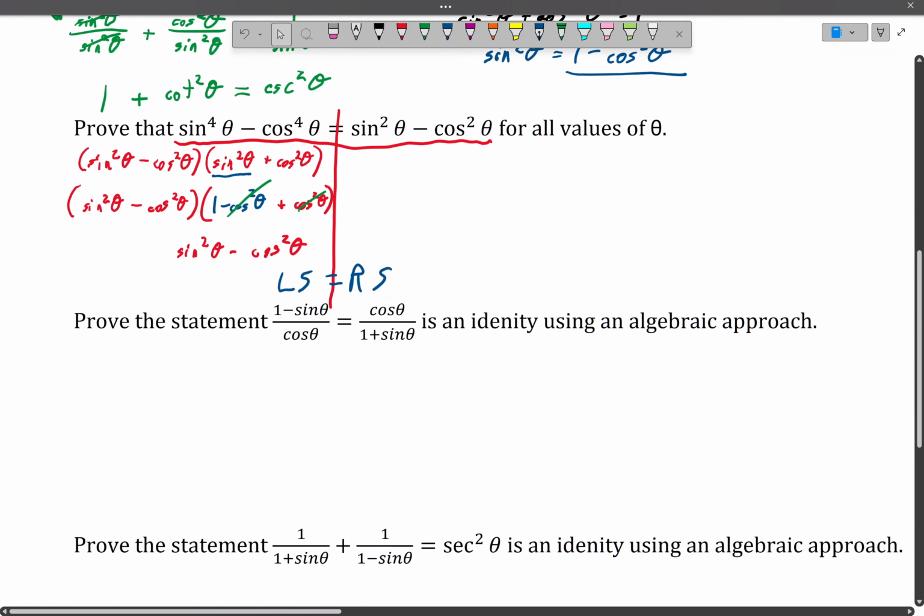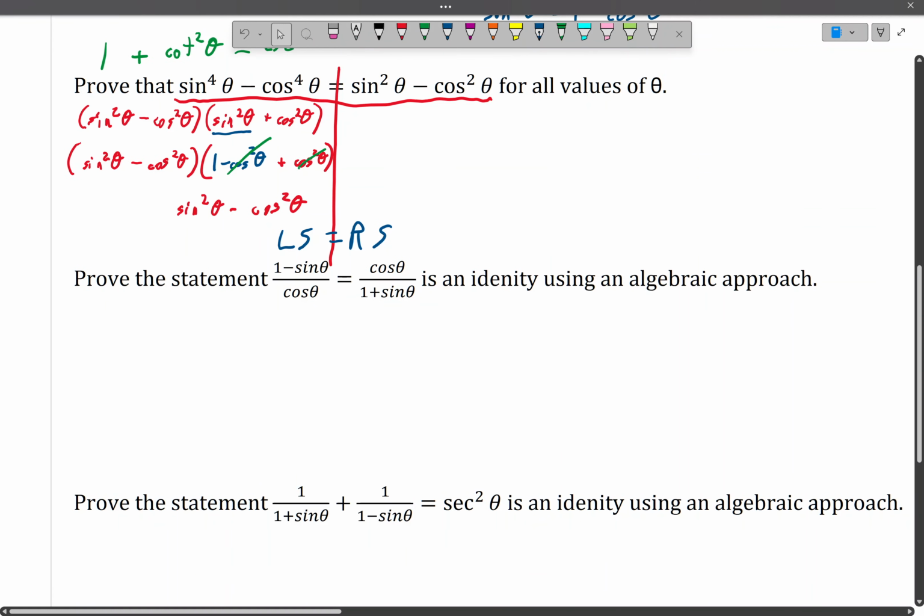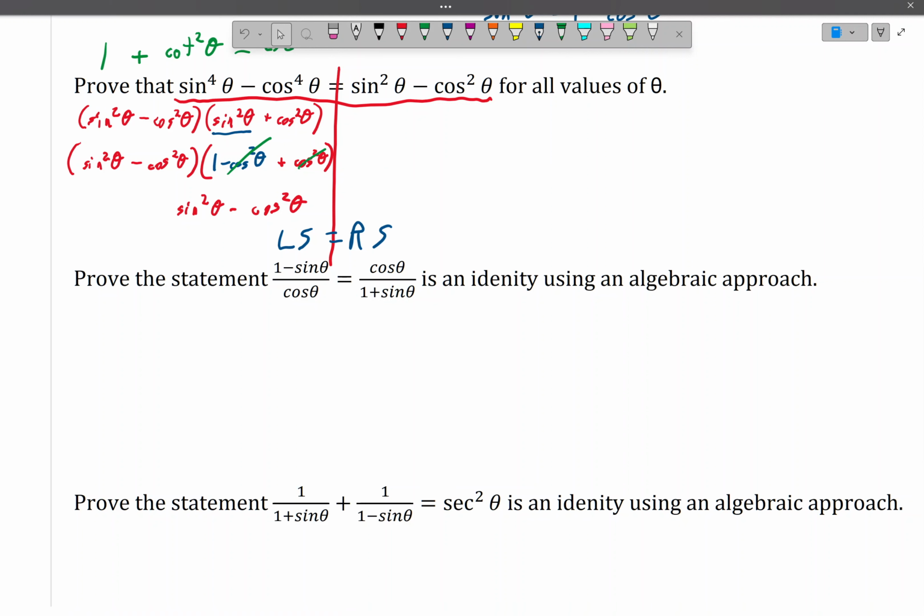All right, so we've done one proof now using that Pythagorean identity. Let's continue on to some other examples. So here we have an example where we're going to see something happen that happens somewhat commonly. You can do this in either direction, but I'm going to do it on the right side because this is what we're used to when we're